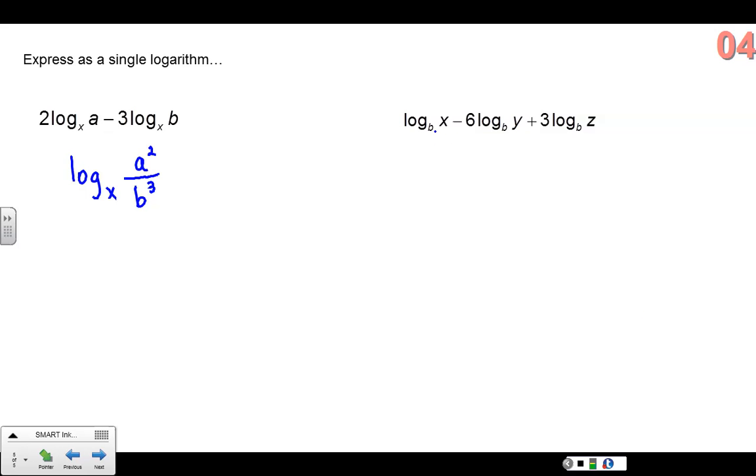Log base b of x minus 6 log base b of y plus 3 log base b of z. So any negative term will be on bottom, so this middle term is going to be on the bottom, y to the 6th. So we're going to have log base b of, let's see, on the bottom we'll have y to the 6th. I need to put that in parentheses, it just looks better. Okay, and then the terms that you have on top would be an x because it's positive, and then z cubed because it's